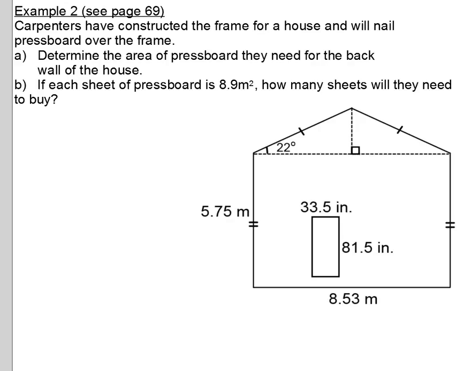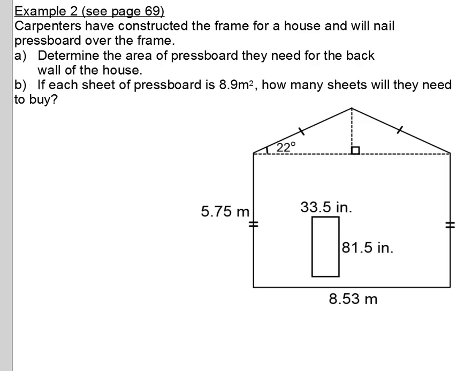page 70. The introduction is that a carpenter has constructed the frame for a house and will nail pressboard over the frame to determine the area of the pressboard that is needed for the back wall of the house. We're just looking at the back wall here. I think we're going to assume that that rectangle in the middle there, 33.5 inches by 81.5, is a doorway. So we're not going to be nailing pressboard over that, I don't think. It's not stated in the question, but we can assume that that would have to be removed from the overall